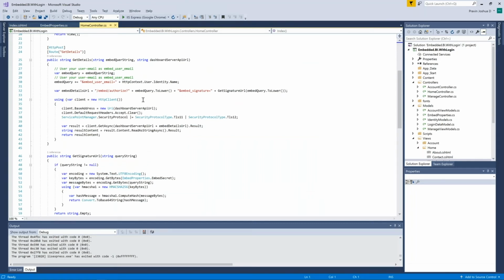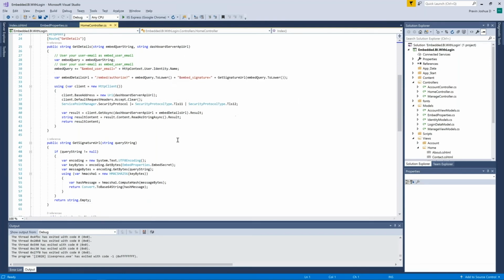As I said before, the authorization URL has to be built, which contains the user identity, such as a user email or a username, and a signature, which is calculated using a hash from the embed secret and your mail ID. When you send this request URL or authorization URL, on the server we redo this hash and make sure the signature in the URL matches the one that we calculated. So that's how the security works there.